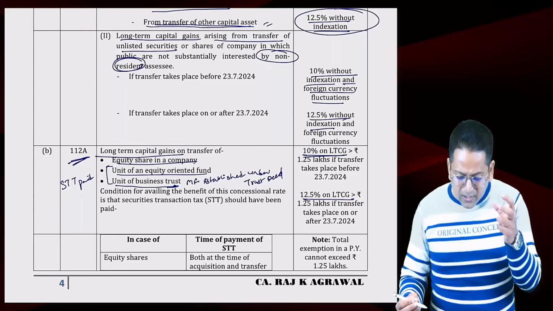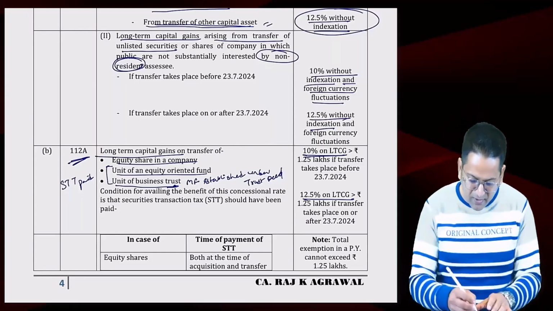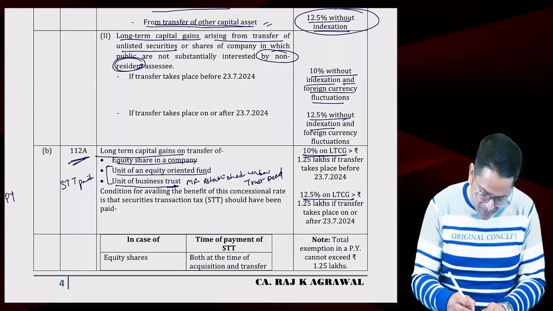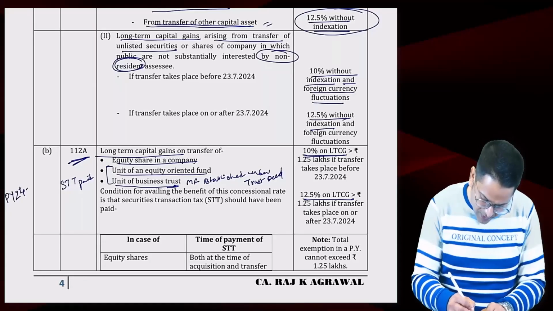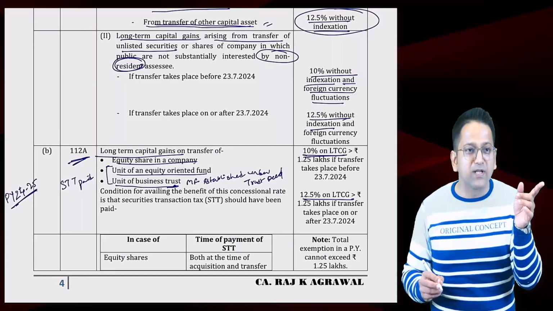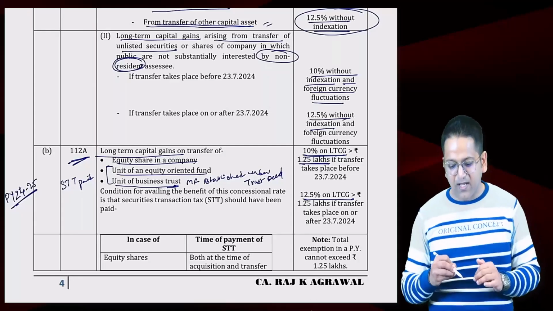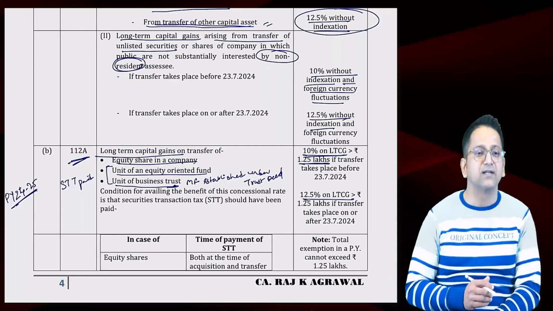And the government has also increased the exemption limit from 1 lakh to 1.25 lakh. They made it 1.25 lakh for the entire financial year. Previously, how much was it in 2023-24? 1 lakh exemption, and now that exemption is 1,25,000. So whatever you earned above 1,25,000, on that you will get this exemption.